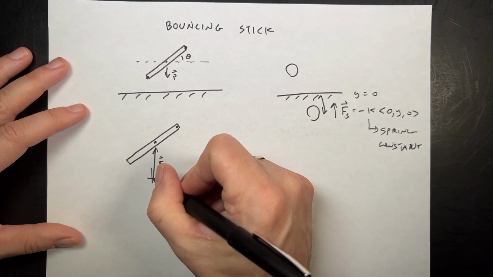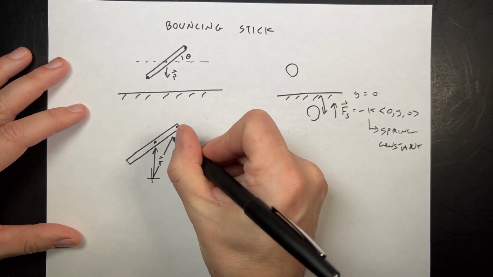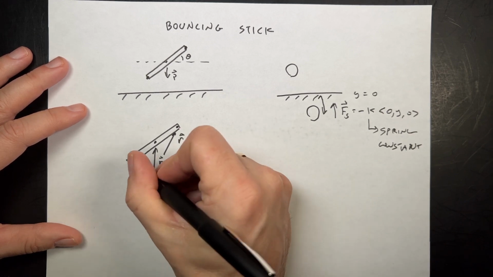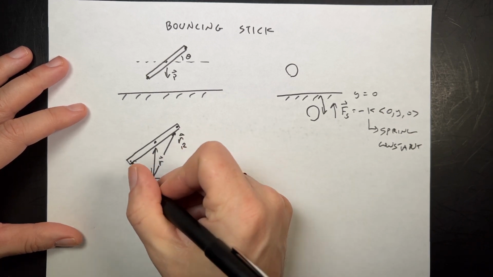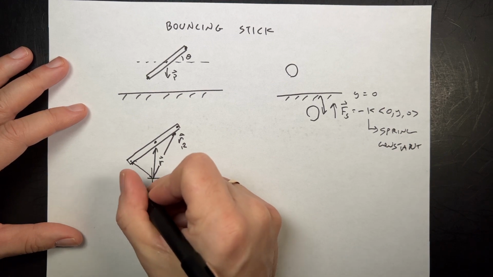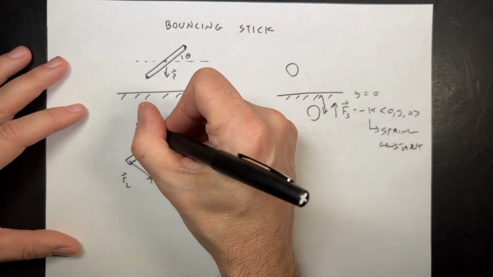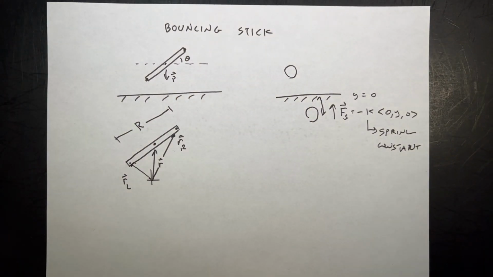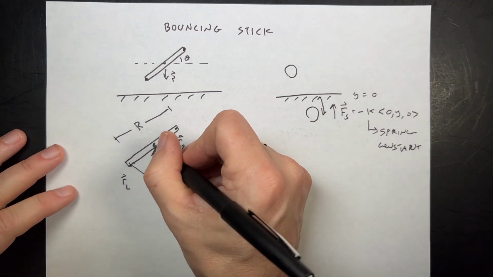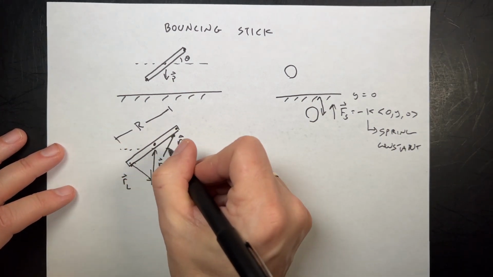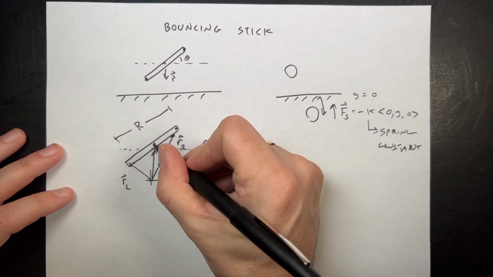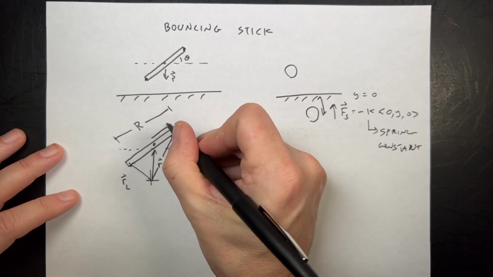So that's going to be R right. That's the right side of the stick. And then I need to find the left side of the stick, R left. And if this has a length of capital R, why is it capital R? Well, because I'm going to use L for angular momentum, and I don't want to use L twice. That's just me. So if I have this tilted at some angle, this is angle theta,